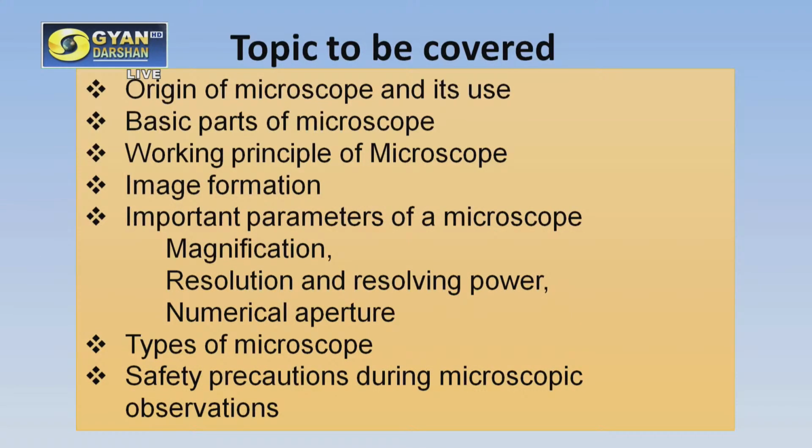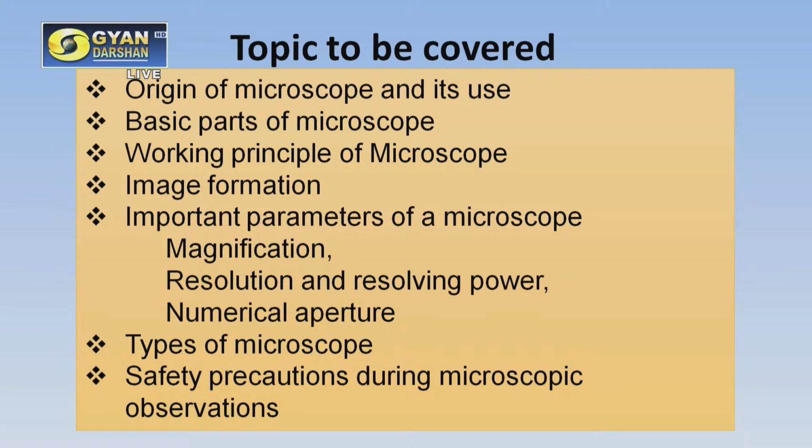In this session I will cover different topics related to microscopes, like the origin of the microscope and its uses, basic parts of the microscope, how a microscope works, basically the working principle of a microscope, how an image is formed in the microscope, and what the important parameters of the microscope are, like magnification, resolution, resolving power, numerical aperture, and the types of microscope. And at the end of this session I will talk about the safety precautions